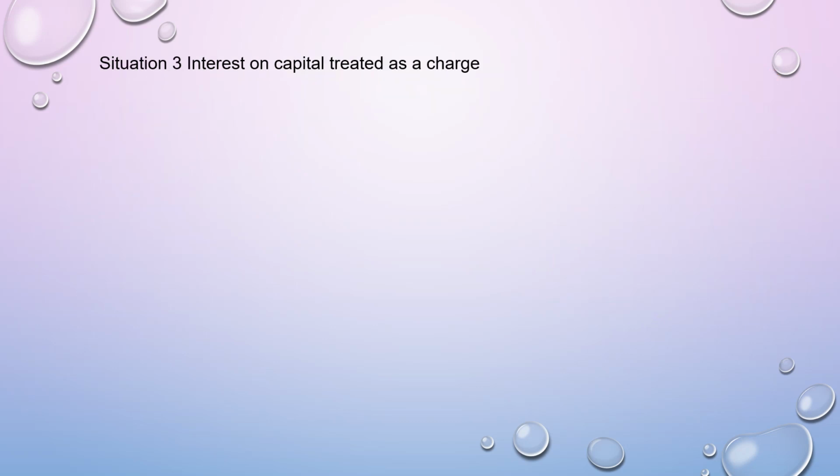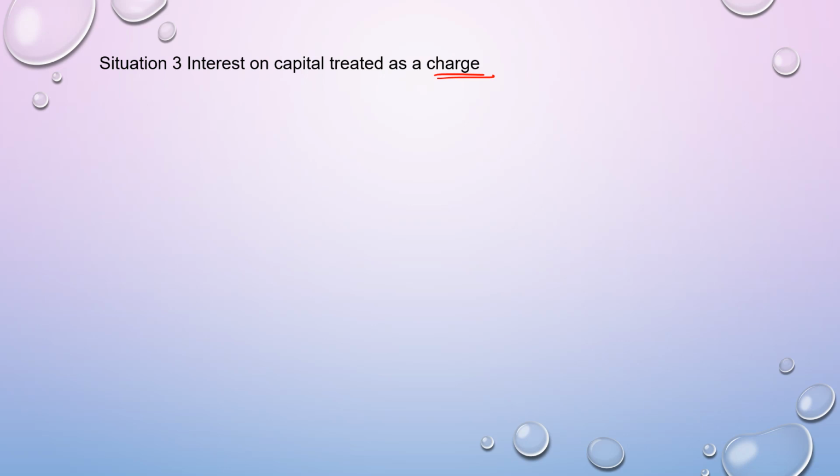Now moving on, there's one more situation that you might find in the question where they say interest on capital is to be provided at 10% to be treated as a charge. So this term charge is important. So now, so far what I told you was when nothing was specified and only interest on capital at the rate of certain percentage per annum was given, you assume that it's an appropriation and we saw the three situations how to treat it.